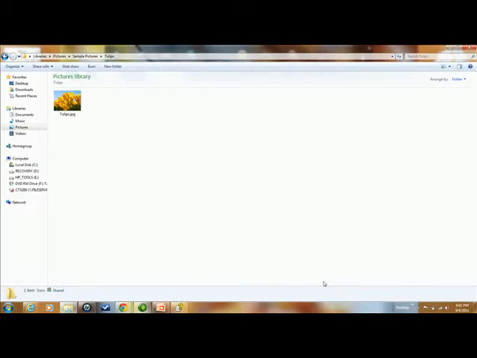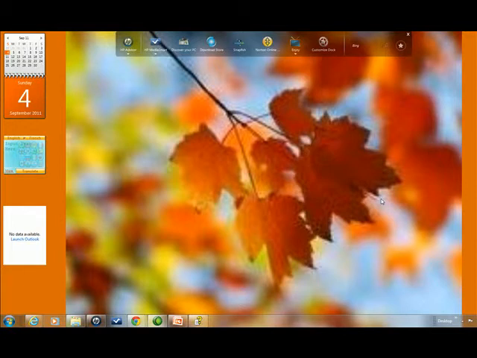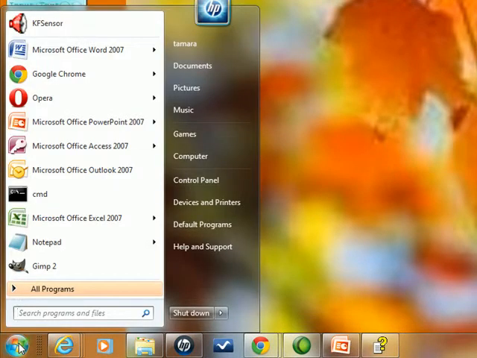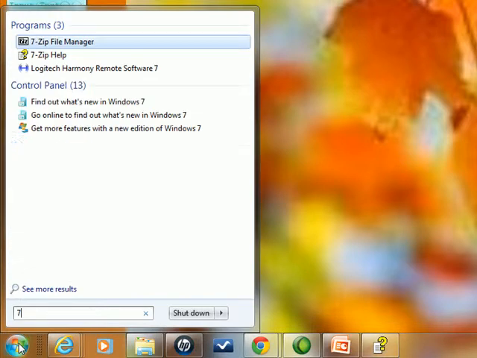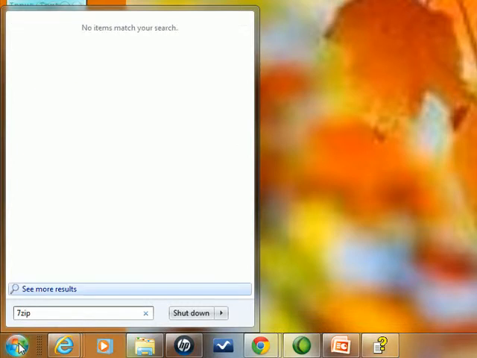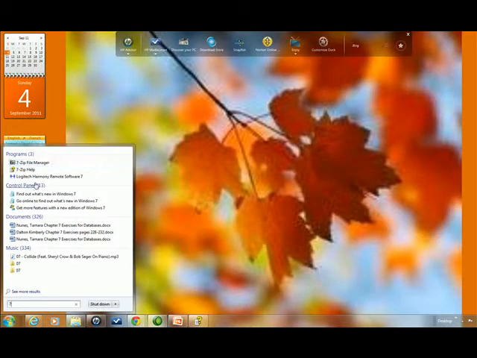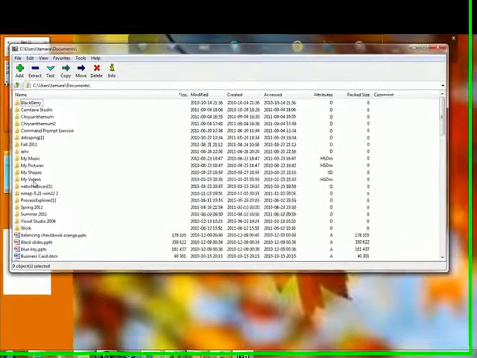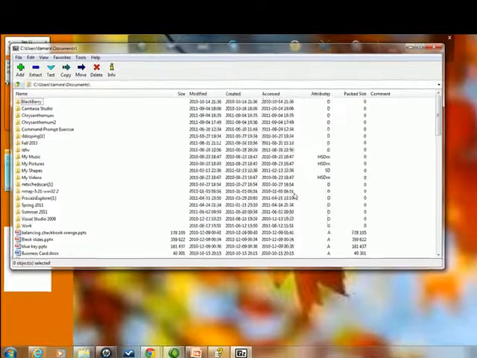So let's now look at the 7-zip and WinZip. Now that we've worked a few minutes with WinRAR, let's work with the 7-zip program. So to bring up our 7-zip that we've already installed, if you click on your Start button down there at the bottom left-hand corner of your screen, type in 7-zip. If you just type in 7, it brought up 7-zip. So there's 7-zip file manager. You want to left click on that, and it's going to bring up a list of different things that you can